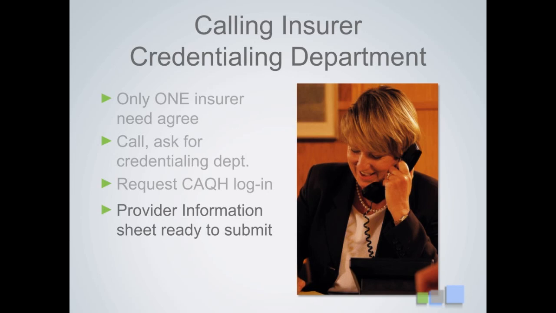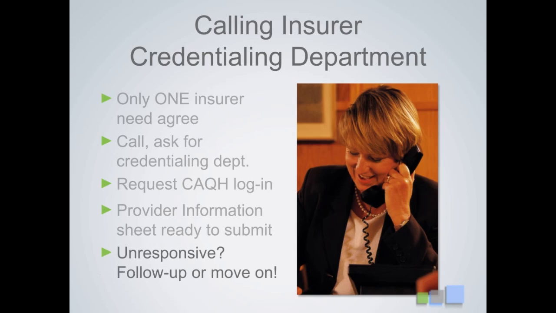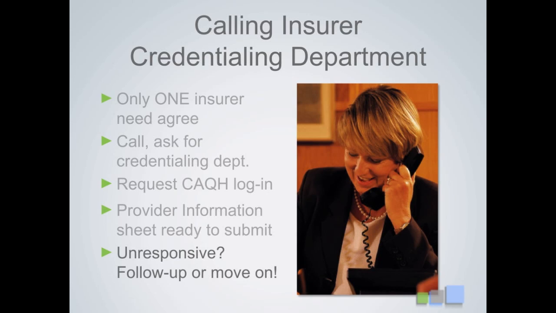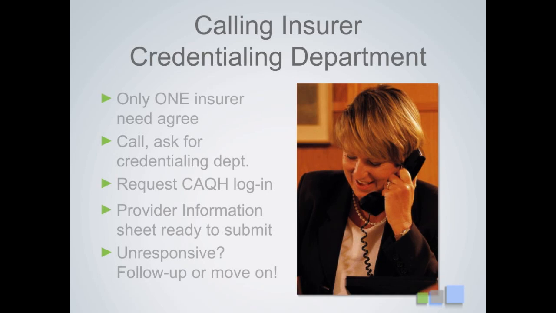If you're successful in your request, the insurer will ask you to submit your completed provider information sheet. This is the sample form we showed earlier. Sometimes an insurance company can be unresponsive. Be sure to follow up if you don't get a decision. You can do this by documenting who you speak with and the date each time you call. Finally, if they reject your request or you're not progressing, start over with a different insurance company. Once you get just one insurer to grant an initial login ID number, you can begin your CAQH credentialing process.